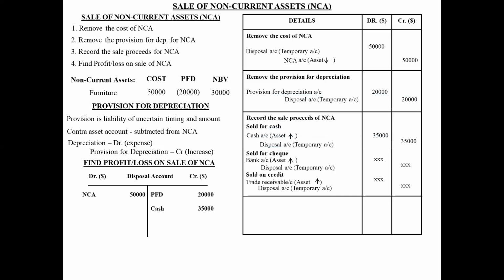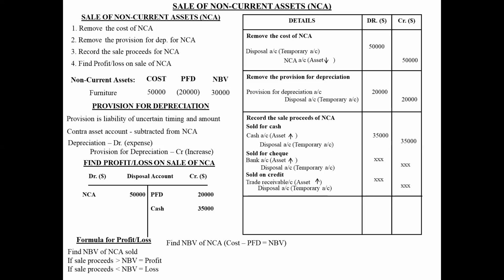So if you see, disposal account has 55,000, 35,000 plus 20,000, on the credit side and 50,000 on the debit side. So the remaining 5,000 is basically the profit on sale of NCA, which we will calculate now. To find profit or loss, there is a simple formula. First of all, you have to find the net book value of NCA sold. If the sale proceeds which you are getting are greater than net book value, then it's profit. If sale proceeds are less than net book value, then it's loss. So in this case, if we see